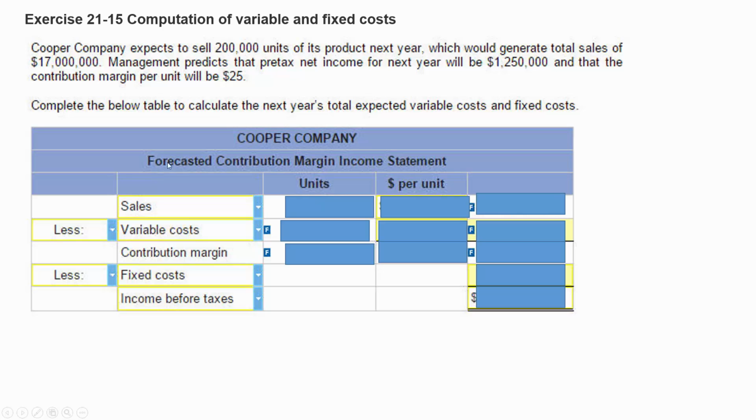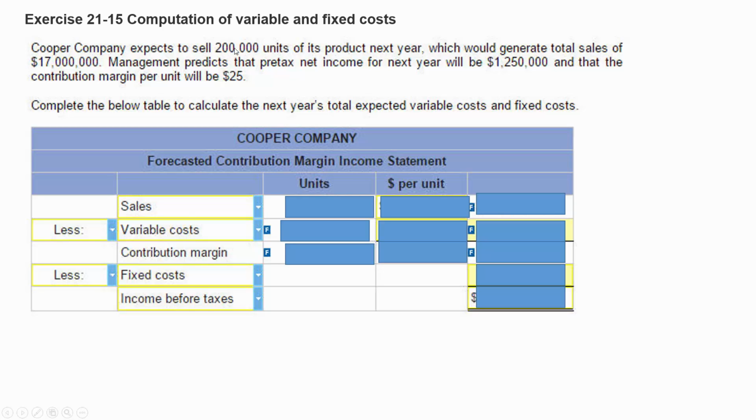If this is a forecasted contribution margin income statement, which is a certain style of income statement, and that style is sales less variable cost equals contribution margin less fixed cost equals income before taxes. That's the style, that's the format we're going to use, and we're going to say